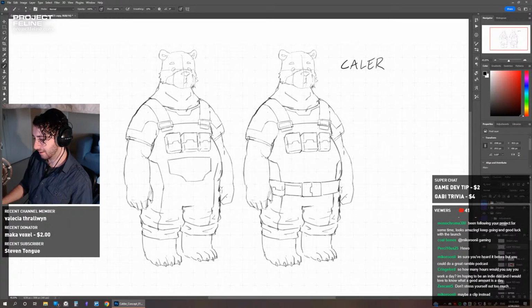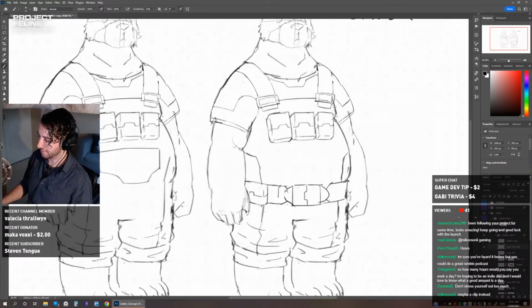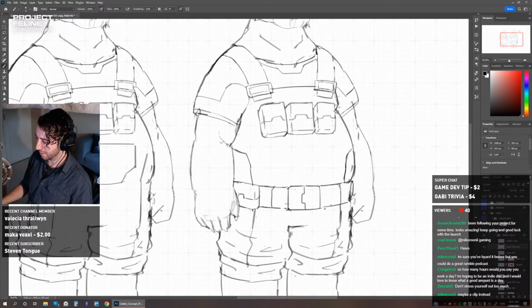But I'll add little accents to the belt maybe. Or maybe some kind of pattern, just little lines and stuff. And I know it's not obvious with the lineup, but I'll color the belt buckle differently.